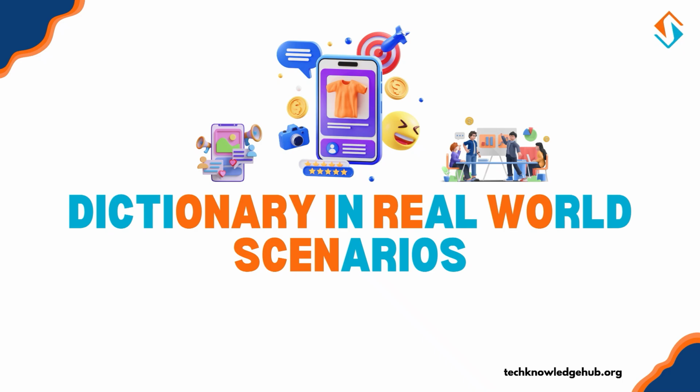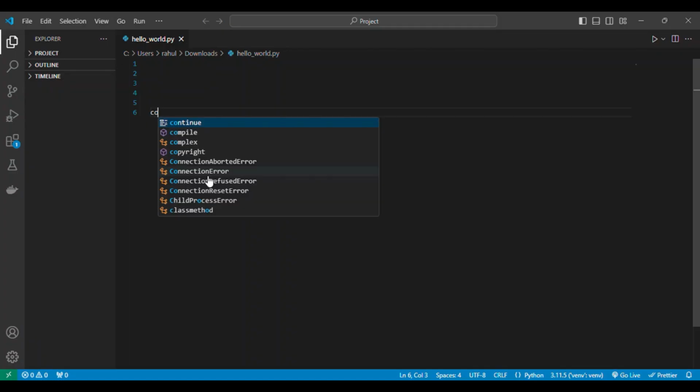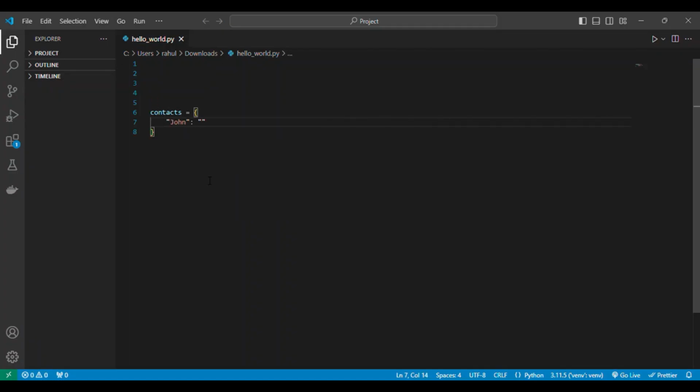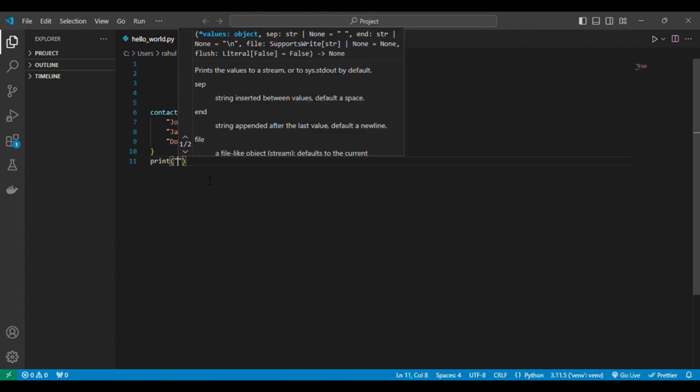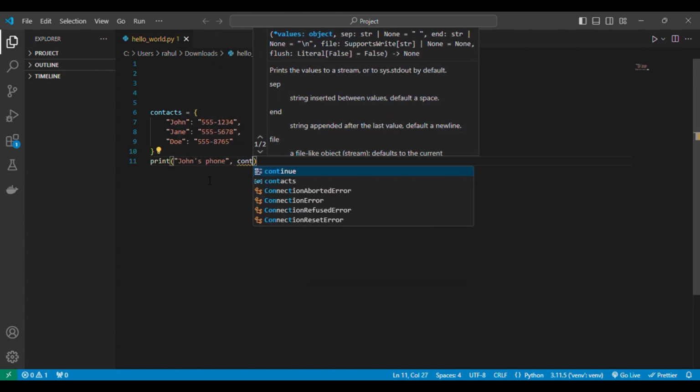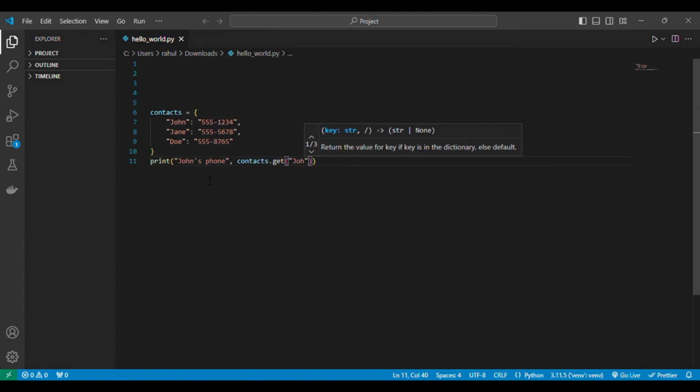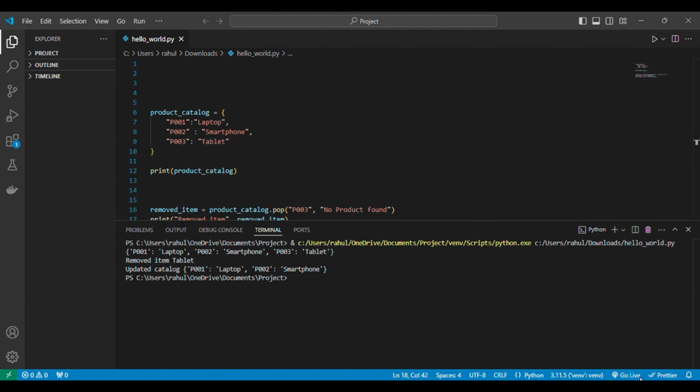This is a perfect use case for dictionaries. contacts = {"John": 5551234, "Jane": 5555678, "Doe": 5558765}. Then print("John's phone:", contacts.get("John")). This code creates a contacts dictionary. By using .get, we access John's phone number, 5551234. We could also add new contacts or delete them using dictionary methods.